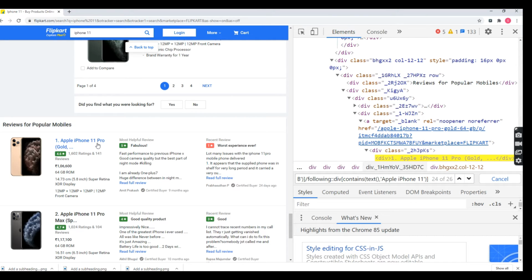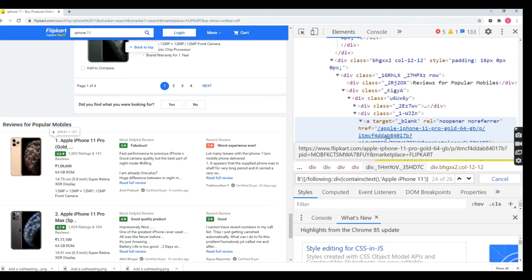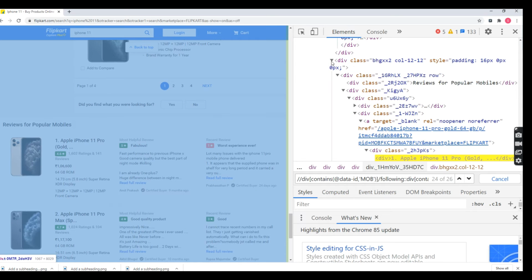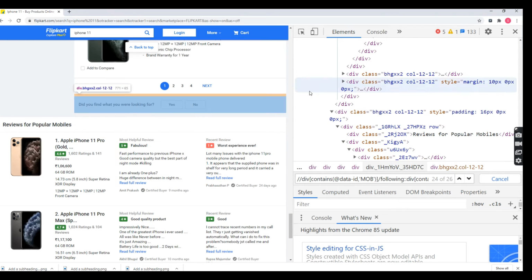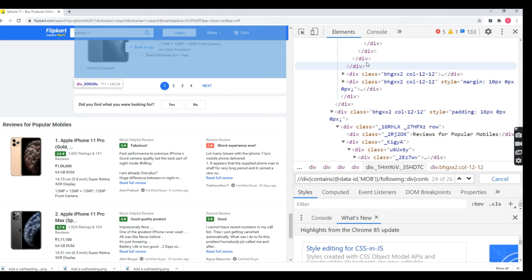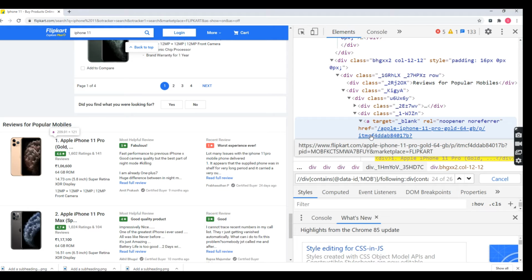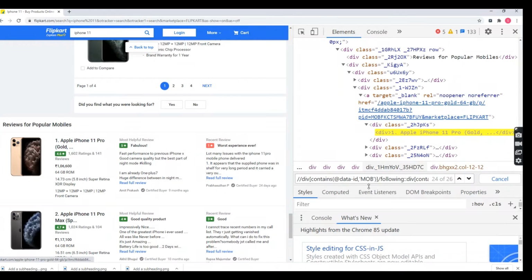This Apple iPhone 11 Pro, this Apple iPhone text available in the footer page, that element is also considered here once you are using the following XPath axis. See, so this is the one. Inside here only we can see all the div tags. So once this div tag is completed, it will jump into another div also while you are using following. Remember. So here it will print this one also. So we can print here.